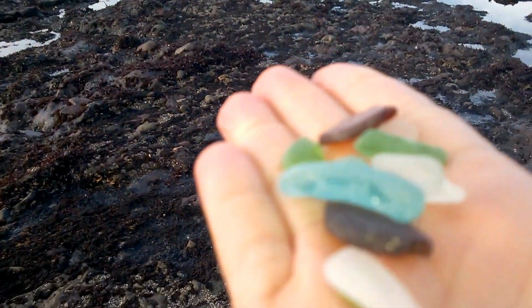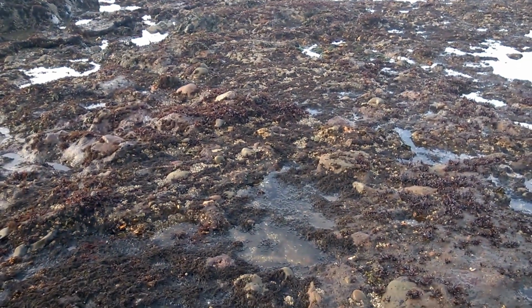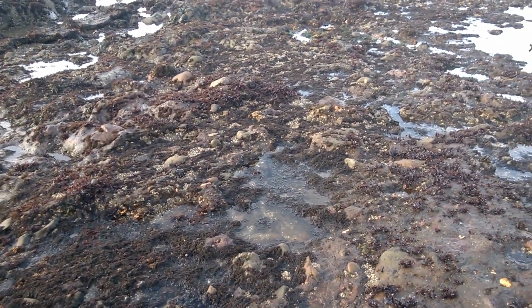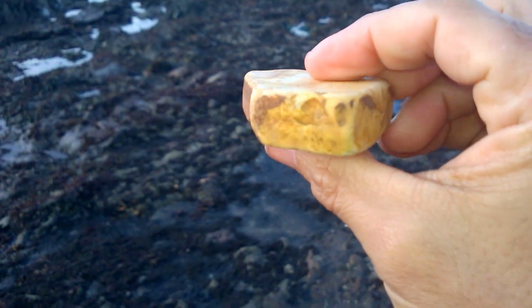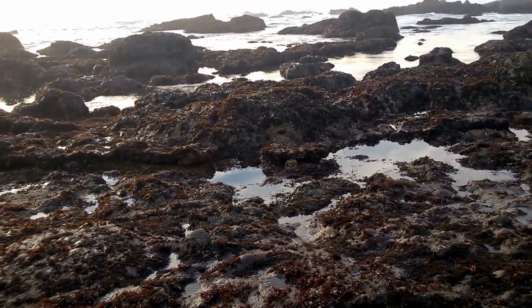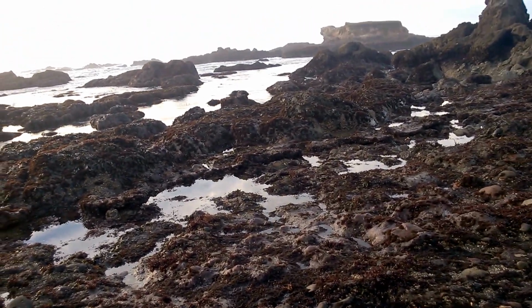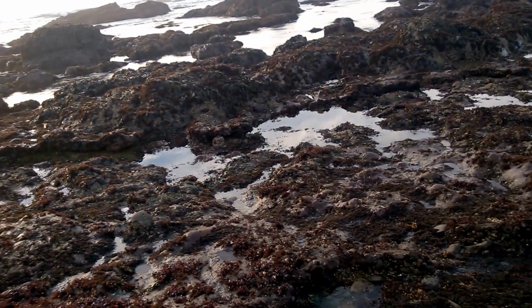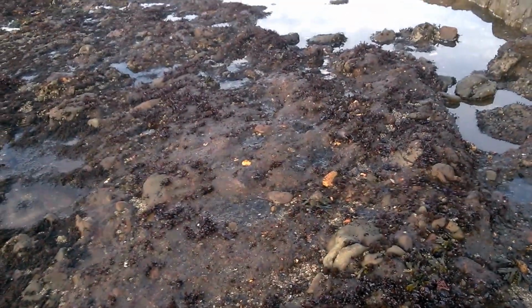Yeah, see, look at that. They're gorgeous. And then I also found what I believe to be a piece of tile of some kind. There was one area that I found that was very geometrically shaped, and the edge of it looks like a basin of some kind, like a sink or maybe a toilet. But right here, I found a number of chess pieces